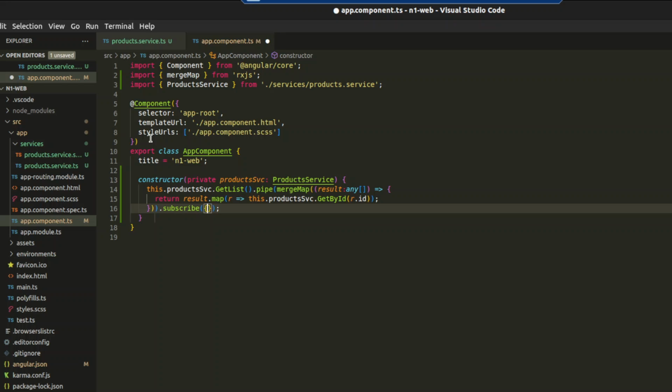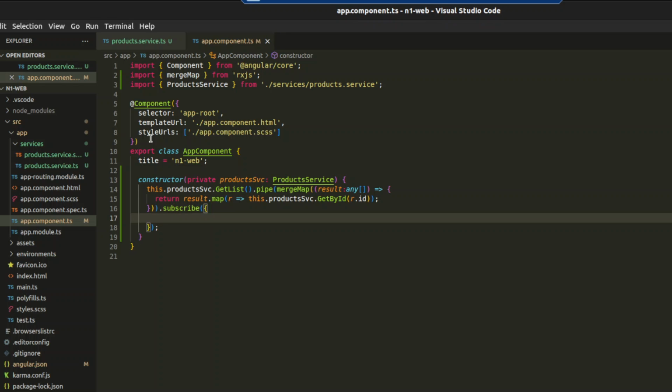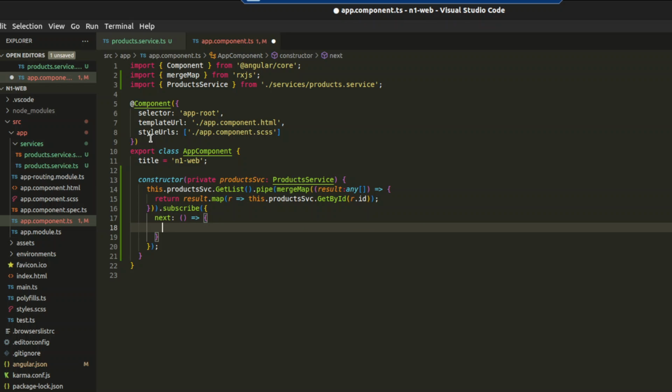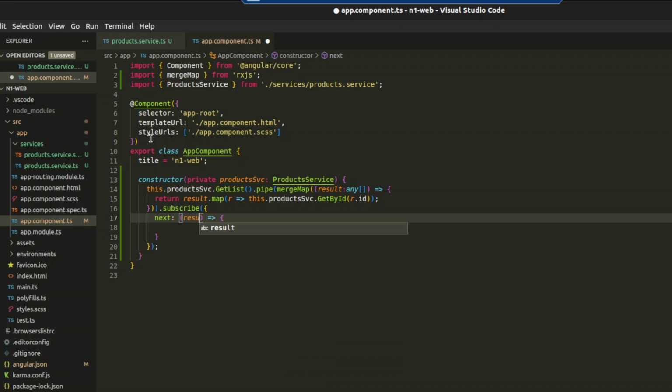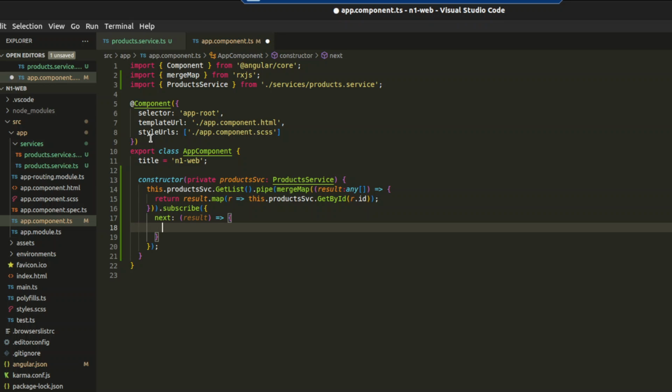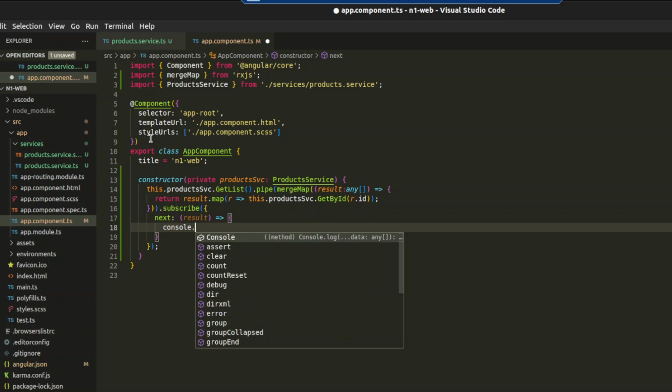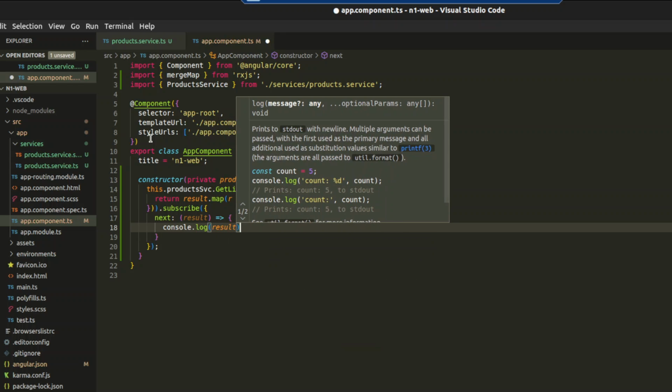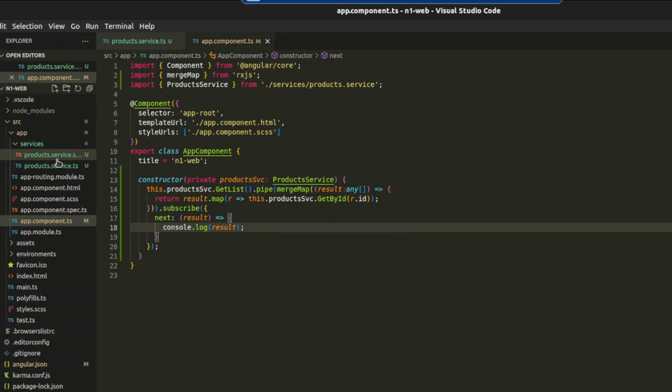We can do it like this. The cooler way. Next, and then the result here. The result. Maybe it's okay not to put anything. Console.log. The result here will still be